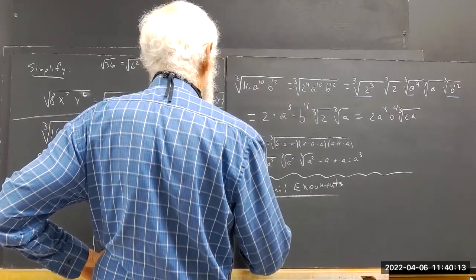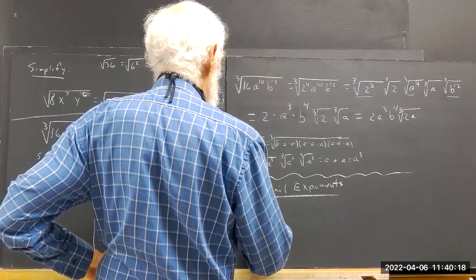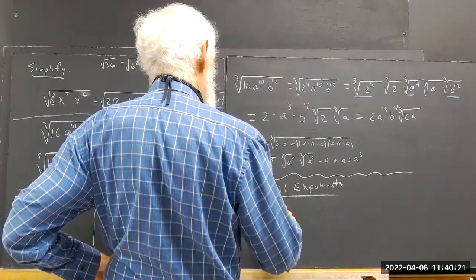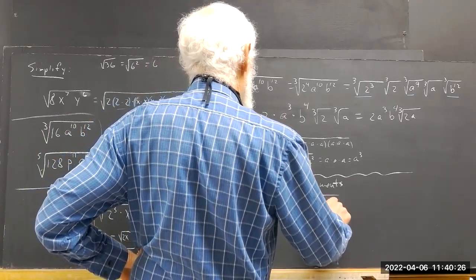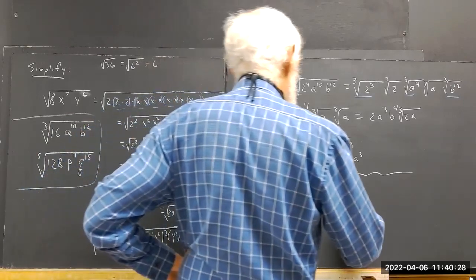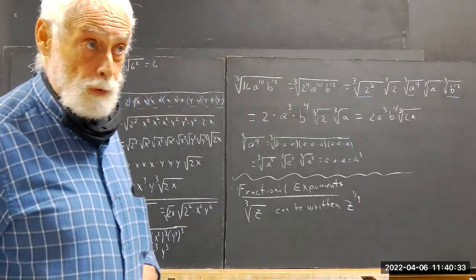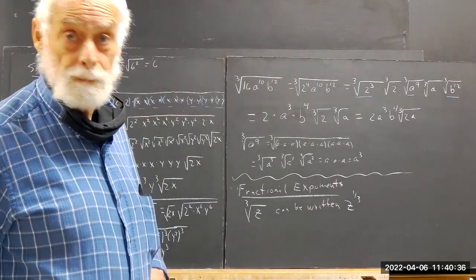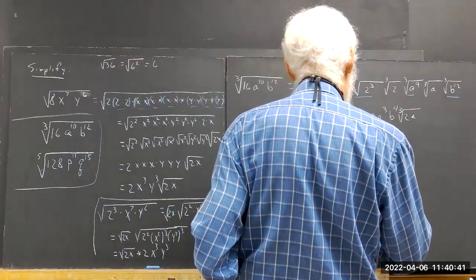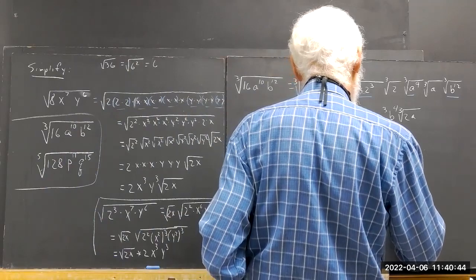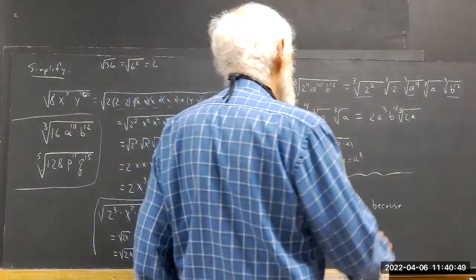Okay, well, the cube root of any number, let's just say z, can be written as z to the 1/3. Now, by the rules of exponents, this is because